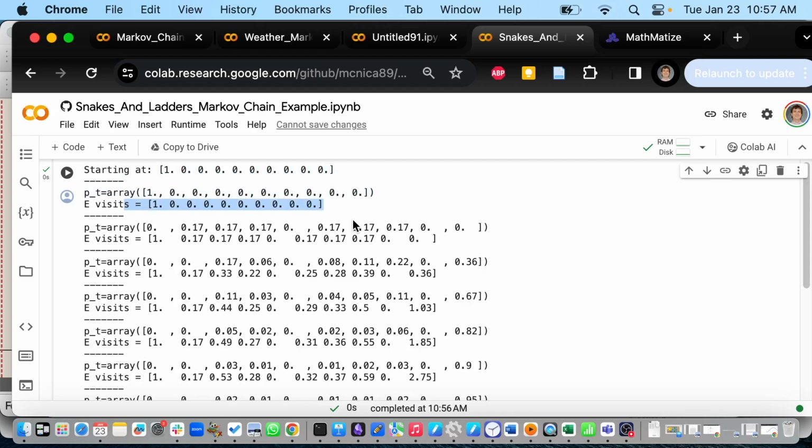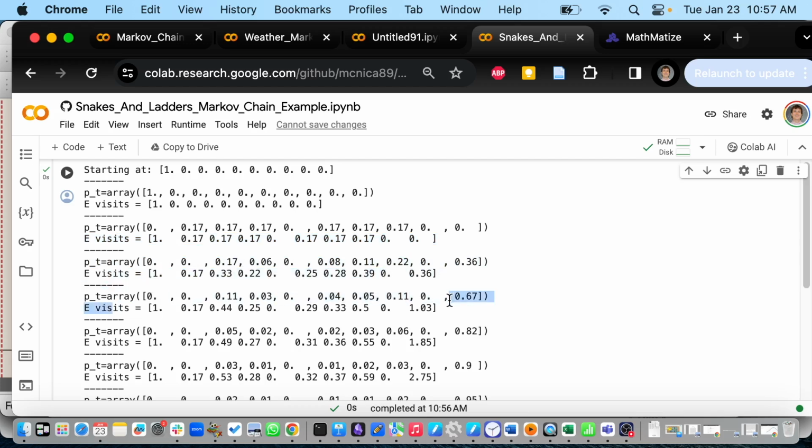At time 0, that's where you are, the number of visits to each site. You visited site 0 one time. Then you roll the dice once. Where are you after you roll the dice once? You have a 0.17, that's approximately 1/6 chance to be in states 1, 2, 3, and states 5, 6, 7. That's what we saw last time. How many visits have you done to each of the squares? Well, you've done 1 visit to state 0 on average, and 0.17 visits to all these other ones. So it's just adding up these probabilities as you go. After 2 rolls, those are your probabilities, and here are your visits.